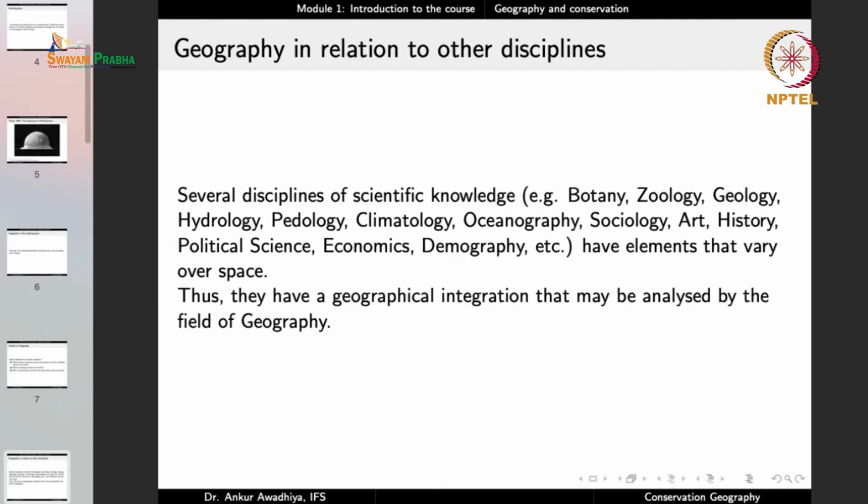Now, when we look at features on the earth, we can find features that comprise several different disciplines. So, for example, we began by asking the question, what are the different kinds of landforms that are found in India? Where we said that in the north we have the Himalayas, then the northern plains, then the Deccan Plateau, and so on. But you could also ask the question, what are the different kinds of vegetations that are found in India? Now, in this case, we are looking at the areal distribution of various vegetations. So, we are asking the question, what vegetations are found in India?